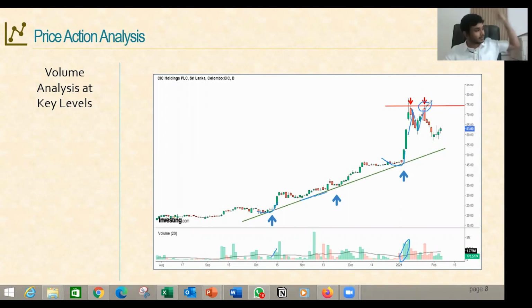Again, CIC Holdings hits the top level, you can see 75 levels from this trend support. It hits 75, starts to slow down, retests 75, then price rejects, and we can see at that time some volume movement that shows at the peak level there's resistance and selling pressure, and after that price starts to slow down. So yes, these are some examples I have taken from Colombo Stock Exchange listed stocks, showing how these support and resistance levels are in action in real market conditions. Okay.